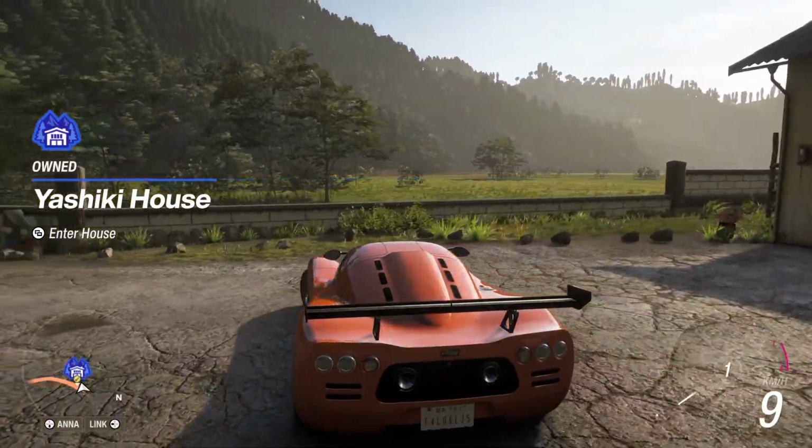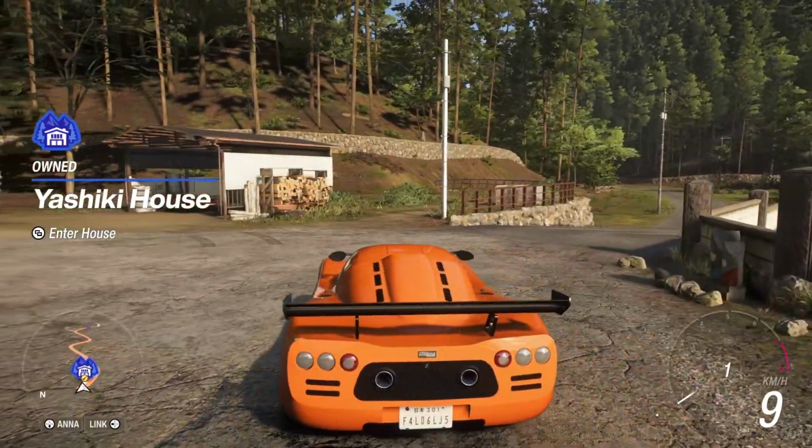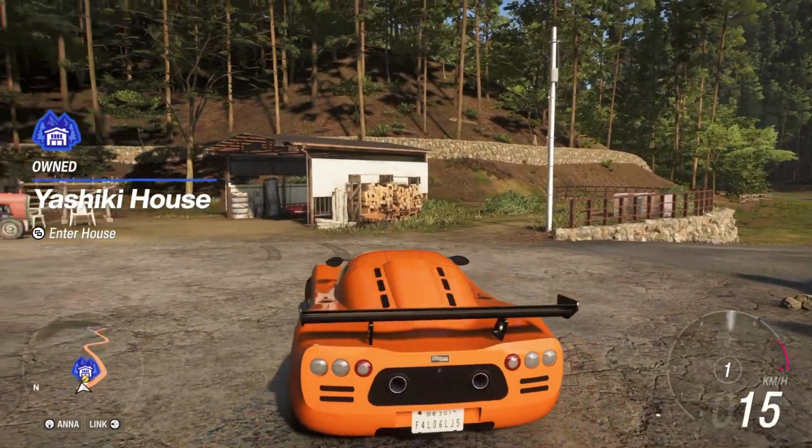Hello guys, if you want to find custom community estate layouts or designs in Forza Horizon 6, then first open